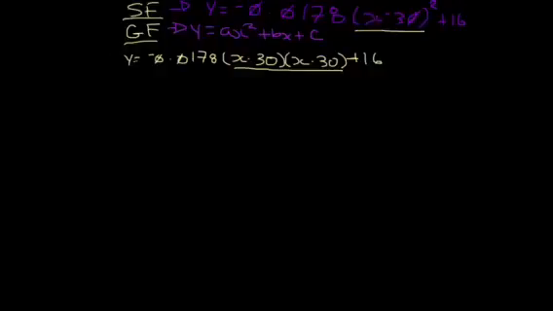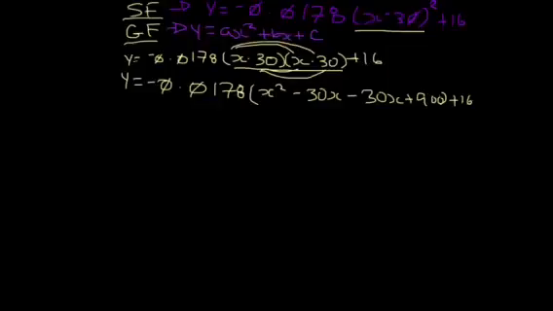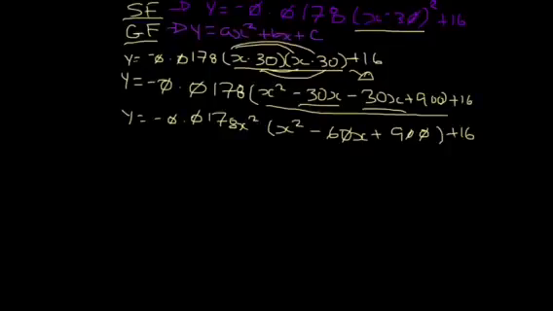Once I foiled, or did my inside with inside, outside with outside, I got this part of my equation, which came from here. So from here I went to here. Now I have two like terms, which are minus 30x and minus 30x. So what I'm going to do is add them together because they're like terms. As you can see, when I added minus 30x and minus 30x